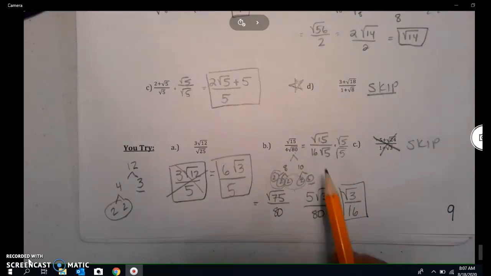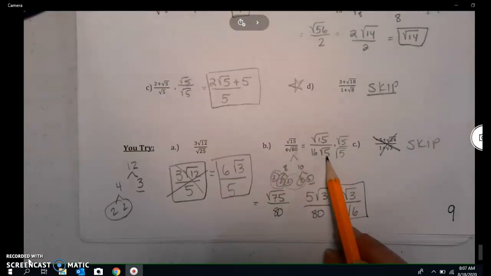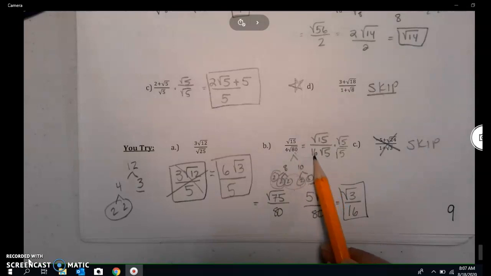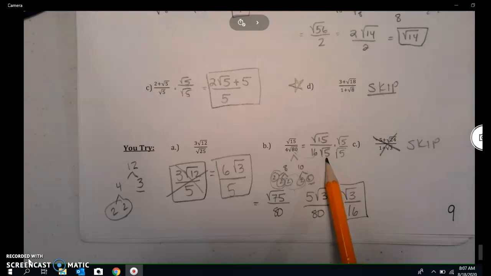So all I did in this step is I took 4 rad 80 and transformed it into 16 rad 5, which are equivalent. It's like 2/4 and 1/2, it's the same thing. So I thought, multiplying top and bottom by a rad 5 sounds a little bit easier than 15 times 80. So now I'm going to do what I did in all the other problems. I noticed that I have a radical in the denominator, so I have to multiply the top and bottom by